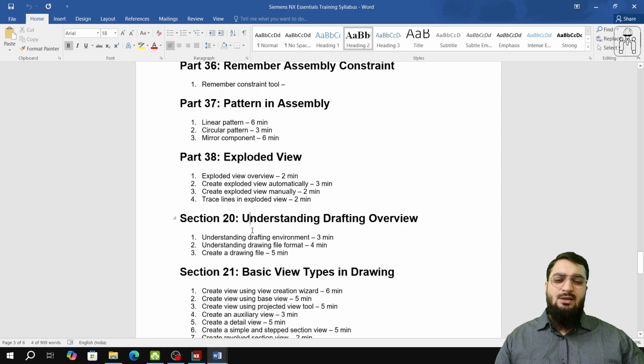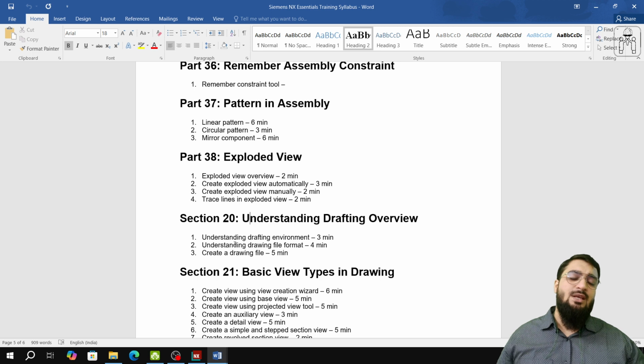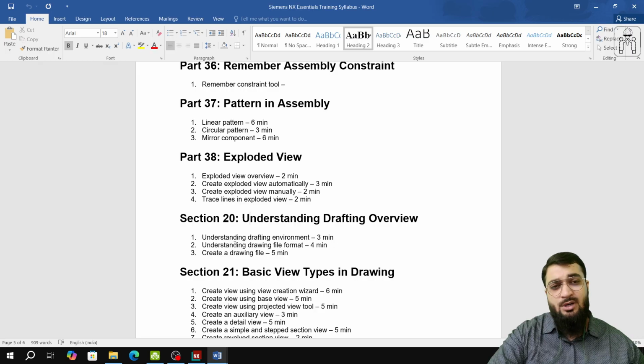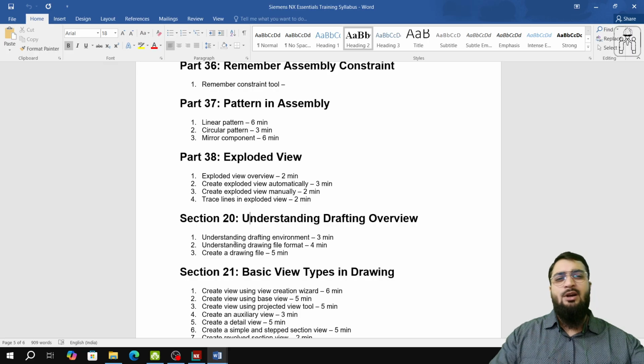And I will be making one more series dedicated to drafting, the drafting feature available in Siemens NX, that is, how to make a 2D design for a 3D model. You can understand it this way: those who have gone through an engineering course or are currently pursuing one might have a course named engineering design lab or CAD lab or drafting lab, etc. With the help of a drafter, we make a design on an A3 sheet on an inclined table,